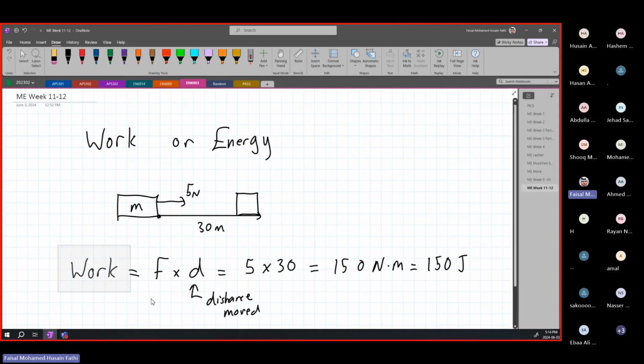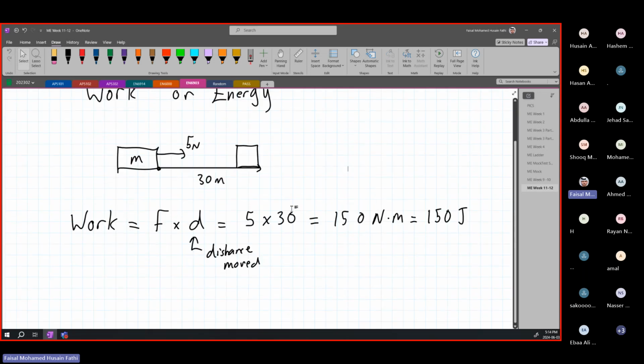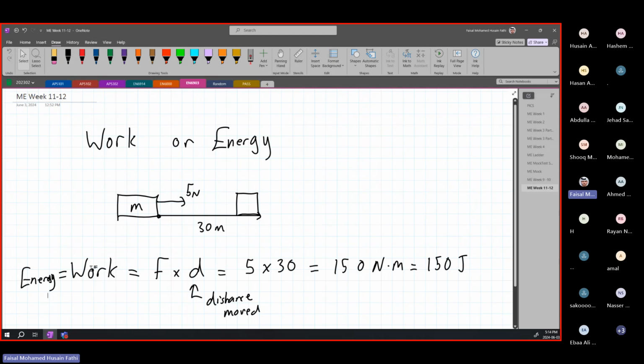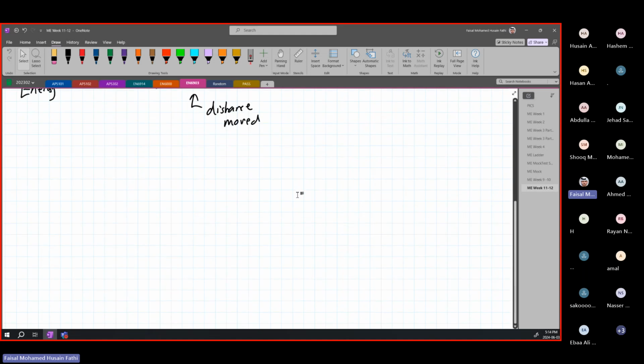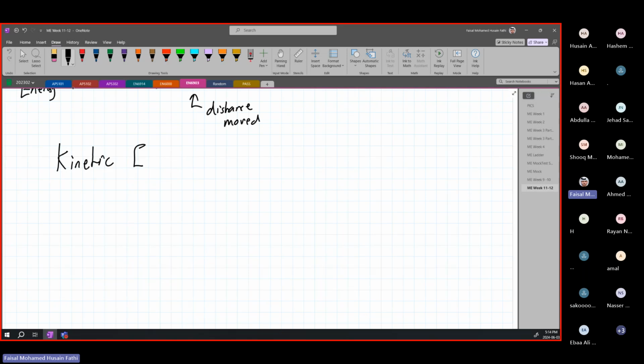This is basically what it is for work in general, for any type of system, but work is also equal to energy. So this is the same thing. When we're talking about work done or the energy, we mean the same exact concept. But when we're talking about energy, I'm pretty sure most of you are already familiar with the two main types of energy that we usually look at, which are kinetic energy and potential